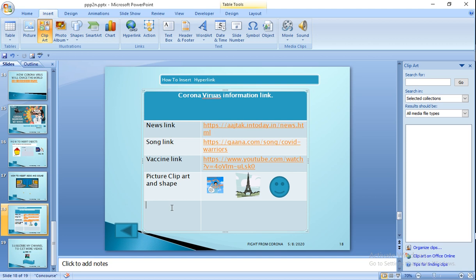Now you want to insert the object. Text box I have already told you how to do.